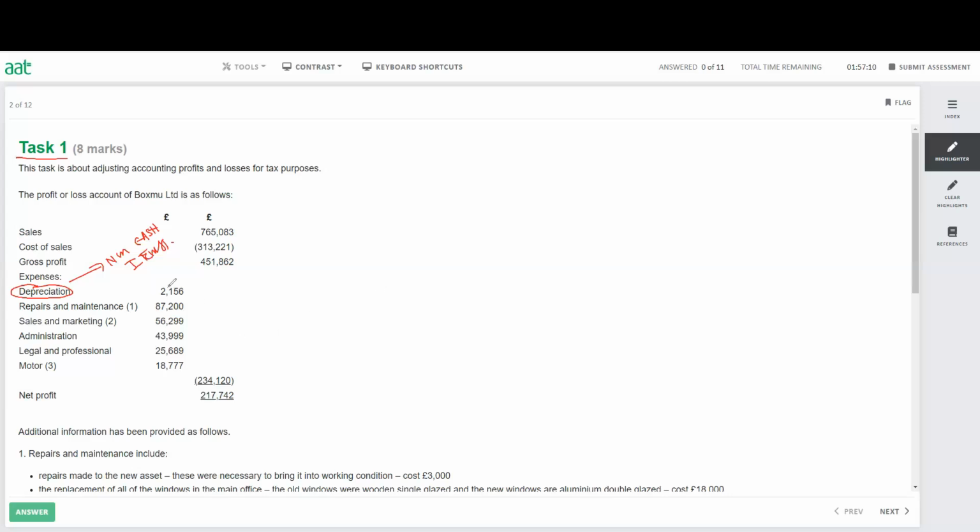For example, let's say depreciation we claim as expense. And the depreciation is part of our accrual concept. Now, when you prepare the accounts or limited company accounts, we prepare the accounts based on the accrual concept. According to the accrual concept or matching concept, we match the transaction. And when we calculate the tax, there has to be some adjustment before we actually calculate how much the tax is. Now, if you look at our accounts, we can see our net profit is 217. Does it mean we're going to calculate the corporation tax at 19% on this amount? The answer is no. This is the profit from accounts. And my actual profit, where I'm going to calculate the tax, is not the same. Why is it not the same? Because some of the adjustments we do according to the accrual concept are not allowable